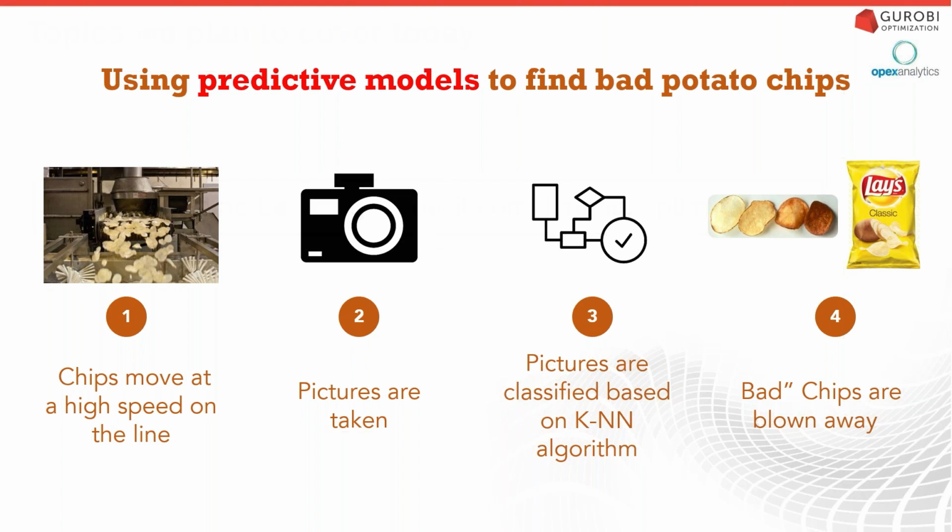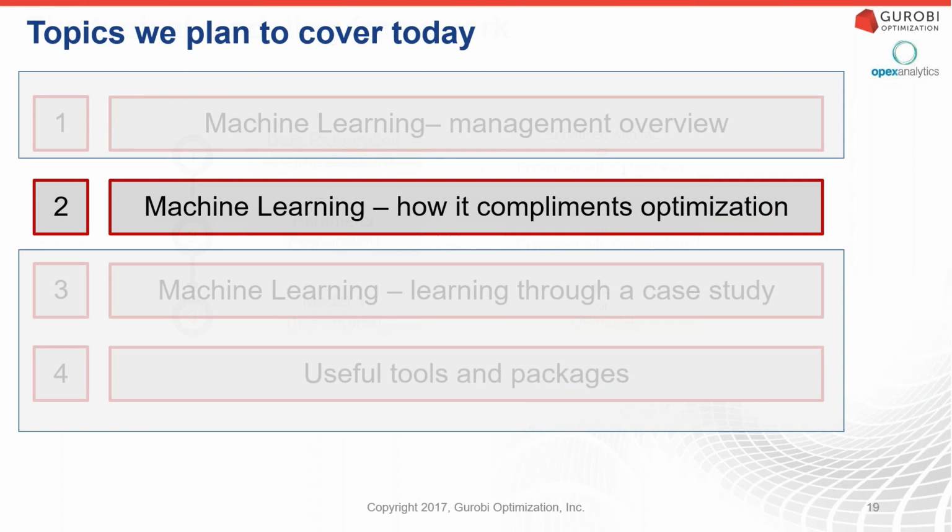If it's bad, the chips all pass on the conveyor line, they all pass over a little gap in the conveyor line. The chips are moving so fast that physics will take every chip over that gap. But what happens is there's a bunch of air nozzles over the gap, and the bad chip, once it's identified, the system knows where it is exactly on the conveyor belt, and as soon as it passes over that little gap, a puff of air comes out and the bad chip is blown away. So I think a nice implementation of predictive models. But also, this is an example of where if I have more and more data, the algorithms get better and better. So as I get a bigger database of good and bad chips, I'm now making much better decisions as those chips move across the gap of which ones I keep and which ones I get rid of.